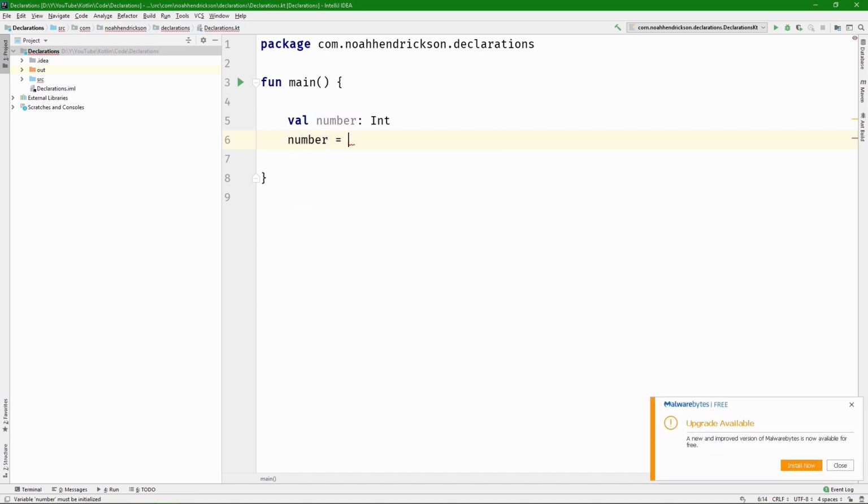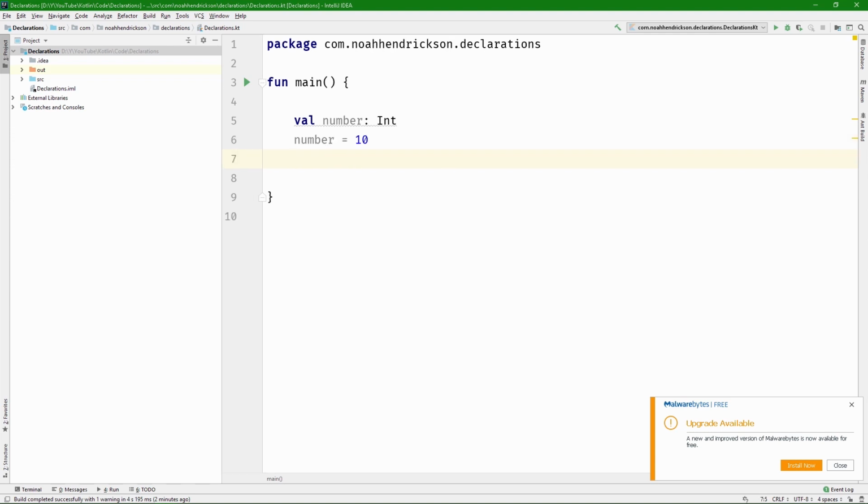So number is equal to 10, and you can see it's fine. We didn't get a problem. But if we try to assign it again, let's say number is equal to 20, you'll see we do get an error, and it says val cannot be reassigned. So let's change val to var,